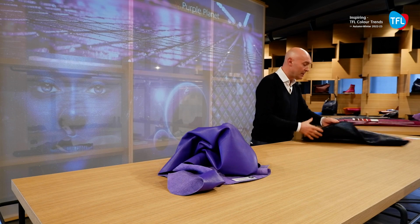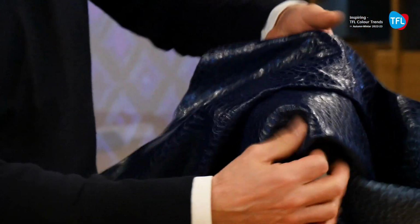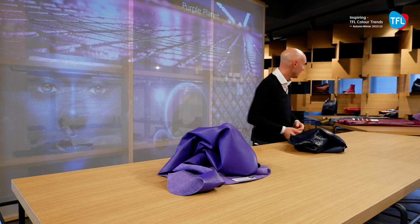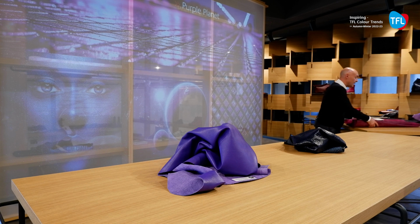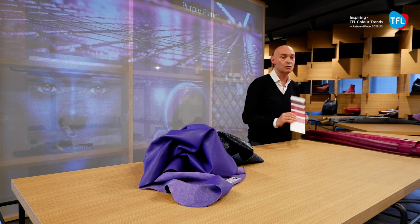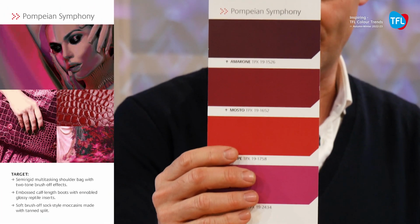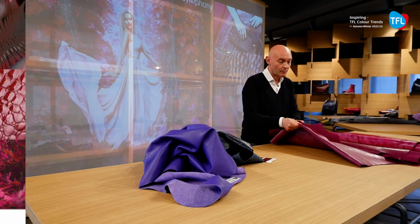In the final, we desire to introduce you another very nice proposal in the Columbia article, where we have married the idea of the army look, in terms of the military style, together with the reptile blue tonality, where we look at this type of very nice brilliant shades. As I told you till now, the brilliant shades is one of our focus that we desire to introduce you for the next collection, and we desire to introduce you for this reason the Pompeian Symphony theme, where we discover in